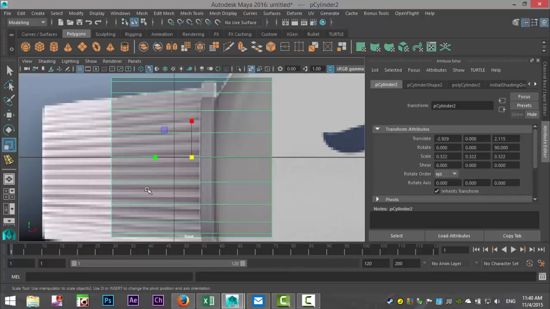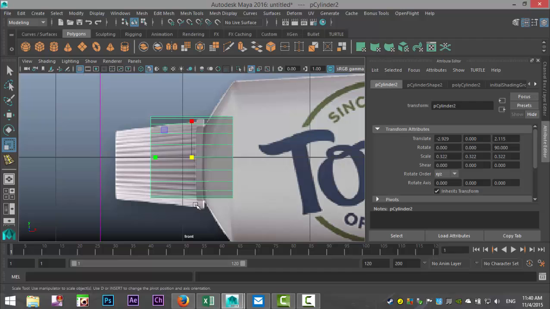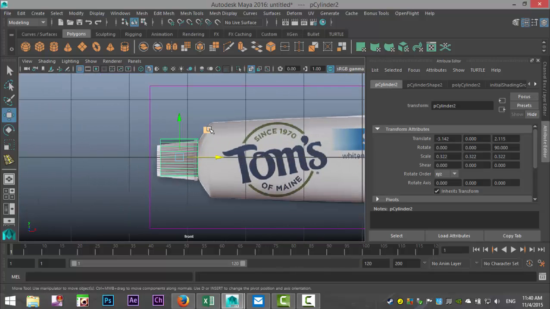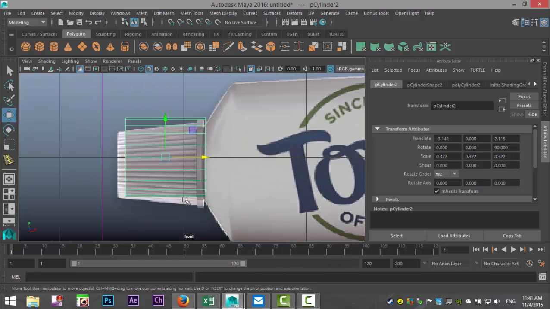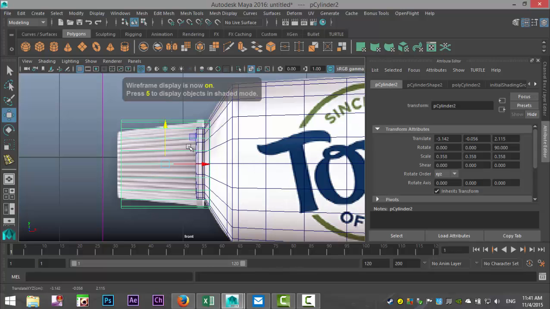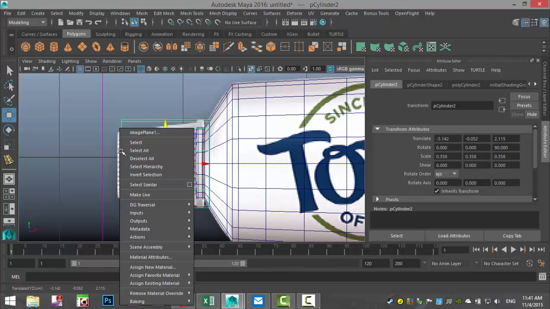Let's check on it from this view. Okay, so we're going to hit W. And like I said, my image is not 100% symmetrical. So we're going to align it with this guy, not with our image. Okay, so this alignment is good. We are going to hit R and scale it up a bit more. Just check it based on this reference. Hit 4 for wireframe mode so we can see that we're in the middle. That looks okay. And then we're going to right click.